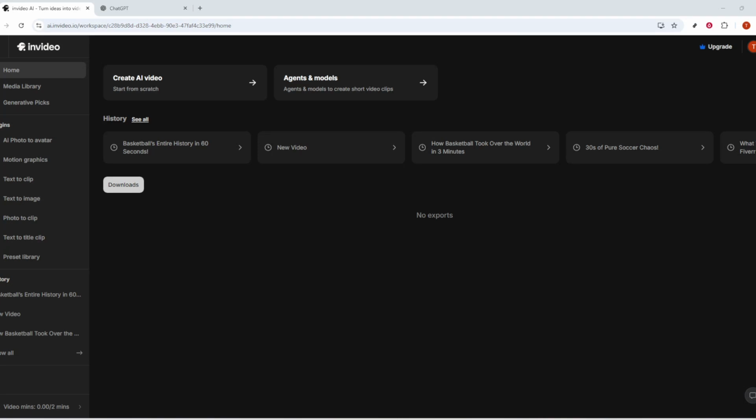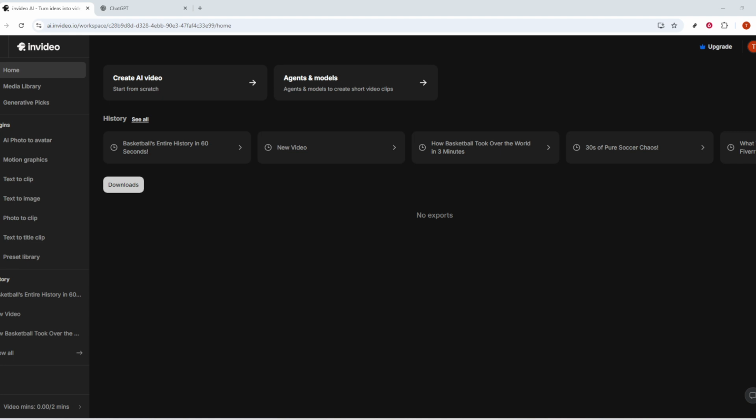In today's video, I'm going to teach you how to add captions to your InVideo project using the prompt box. Captions make your content more accessible, keep viewers engaged even with the sound off, and help your videos perform better on many platforms. Today's workflow is quick and straightforward, and by the end, you'll have captions automatically generated for your